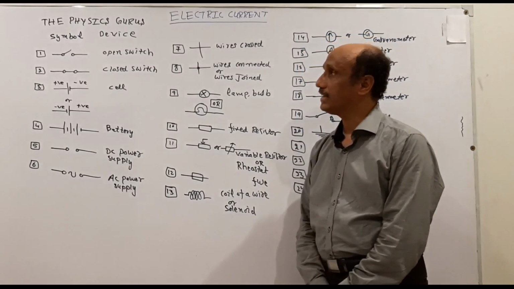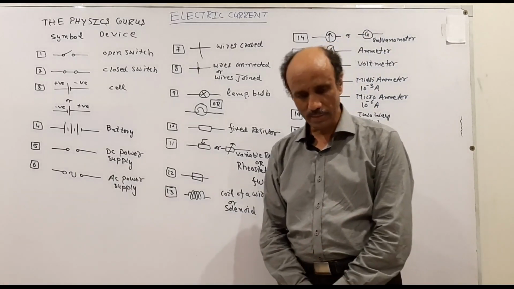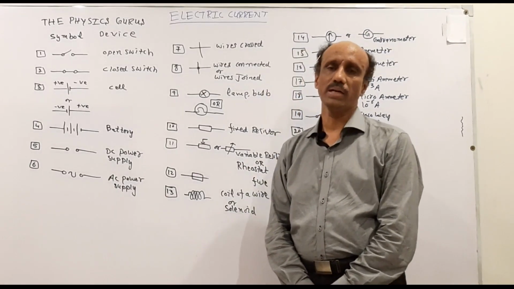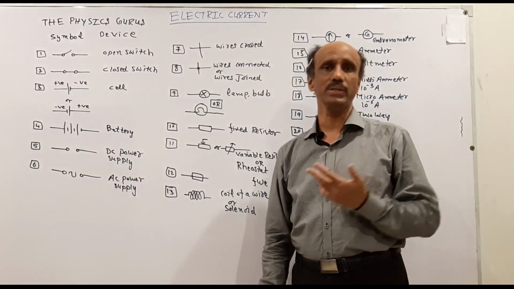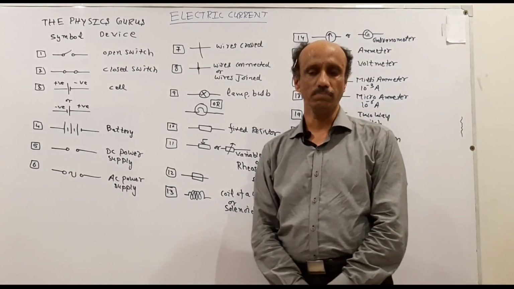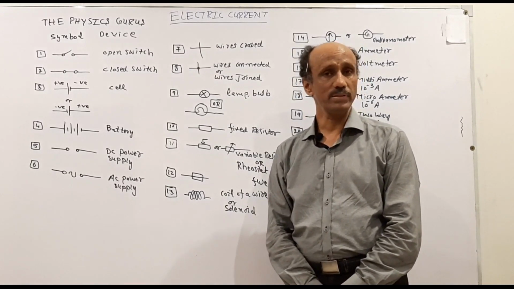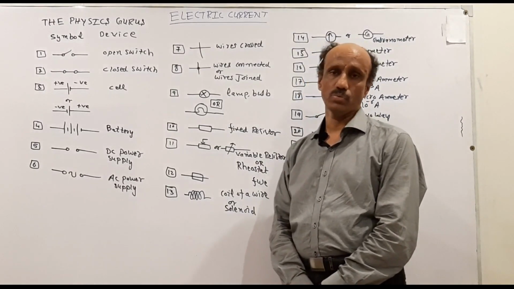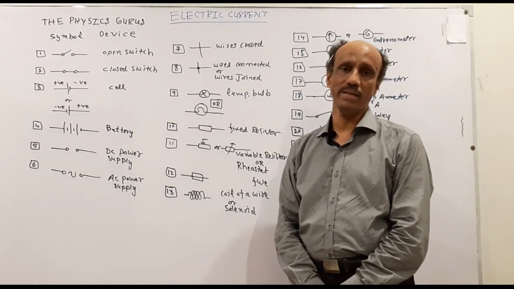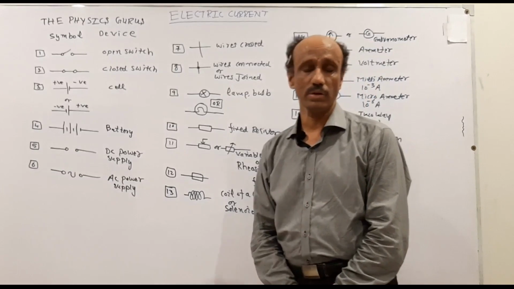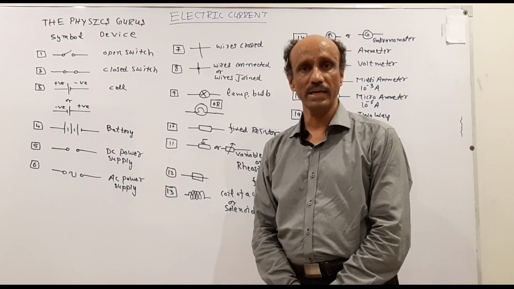Now we will discuss the different symbols which will be used in the papers to draw the diagrams. What is the basic purpose of the symbols? So that you can draw very easily the circuit diagram which is asked in the paper. They will say, draw a circuit diagram which will contain a switch, AC power supply and a bulb. So if you do not know what the symbols are for these particular electrical appliances, electrical devices, then you are not able to draw the diagram. So one by one we will discuss the diagrams and their purpose.